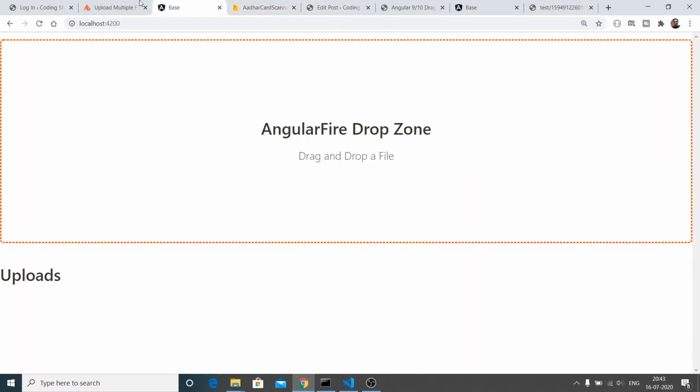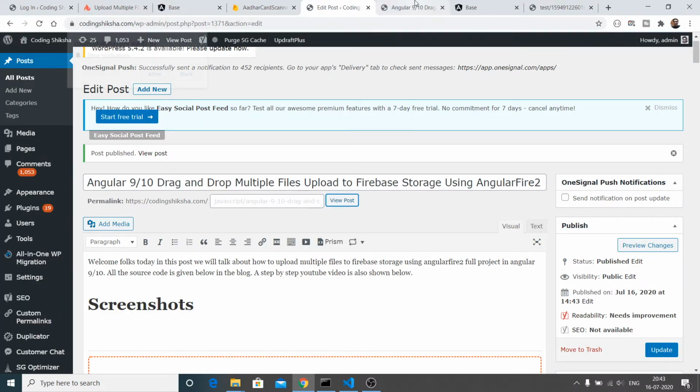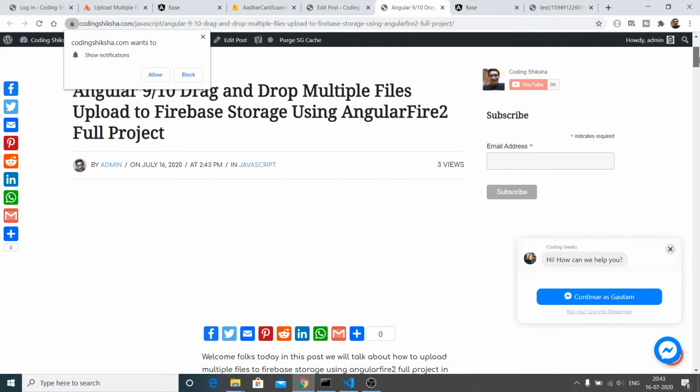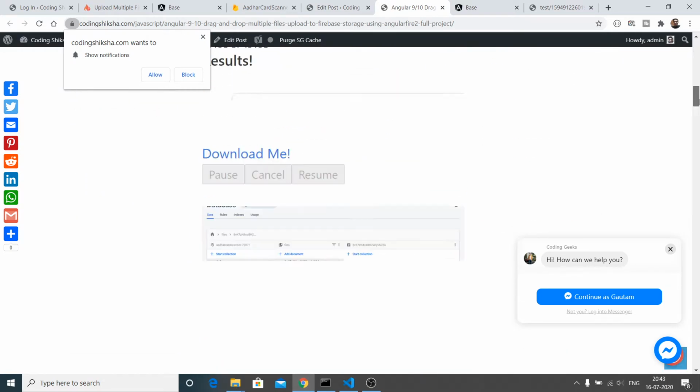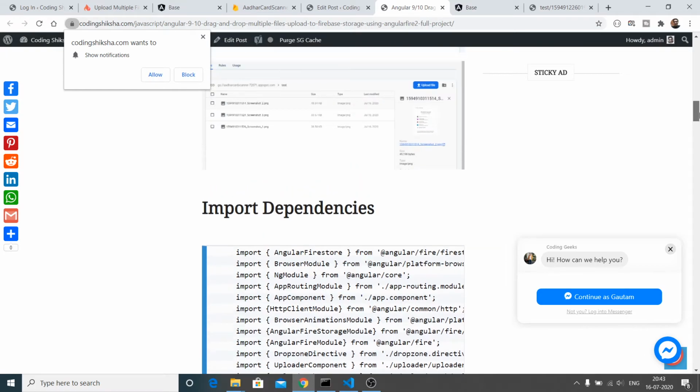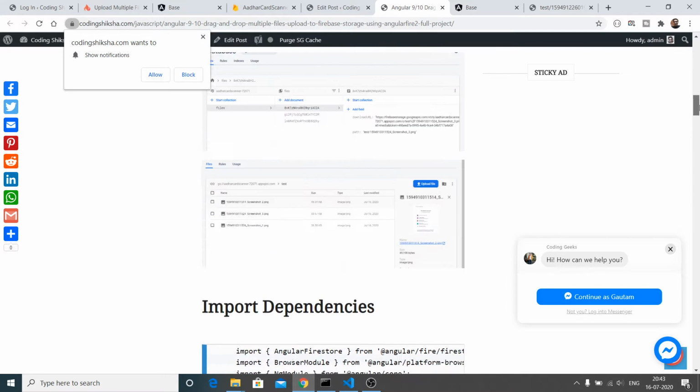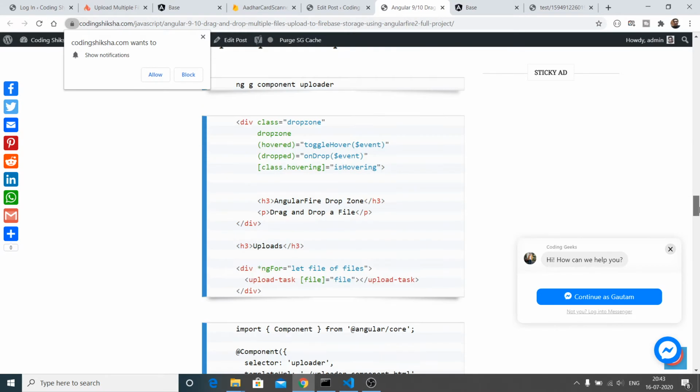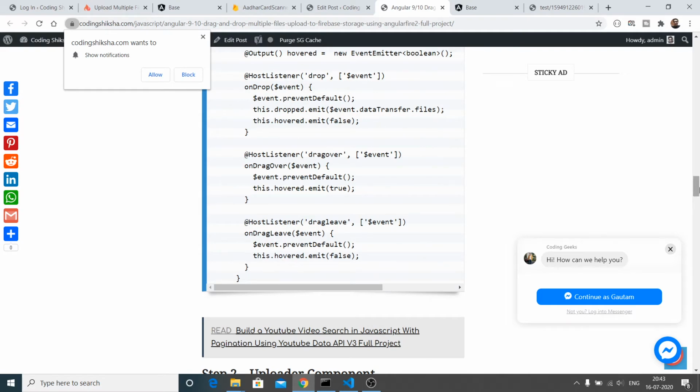All the source code for this video is given in the video description. You can go to my blog here. This is a full blog that I have written step by step. Instructions are given, so go to the video description and go to this blog. I will follow this blog in this video. All the source code is embedded, so just copy paste it,